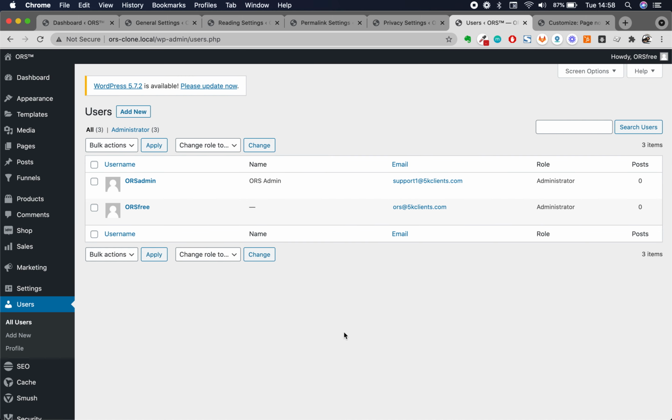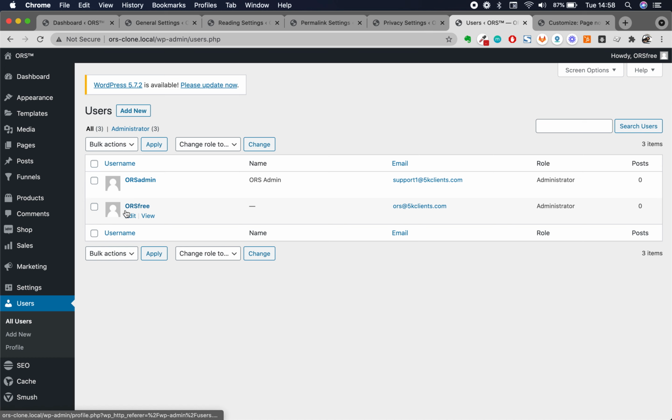So basically here, you probably logged in with ORS free if you downloaded the blueprint. That's because the ORS free, we gave you the password for this account, which is 123.123.123. So you can access this blueprint once you downloaded it. Now what you can do is you either change this account, or since a lot of people have seen this blueprint, it's highly unlikely that they'll be able to find your website and know that it's part of a blueprint that we created. But if you're feeling unsure, go to the ORS admin account